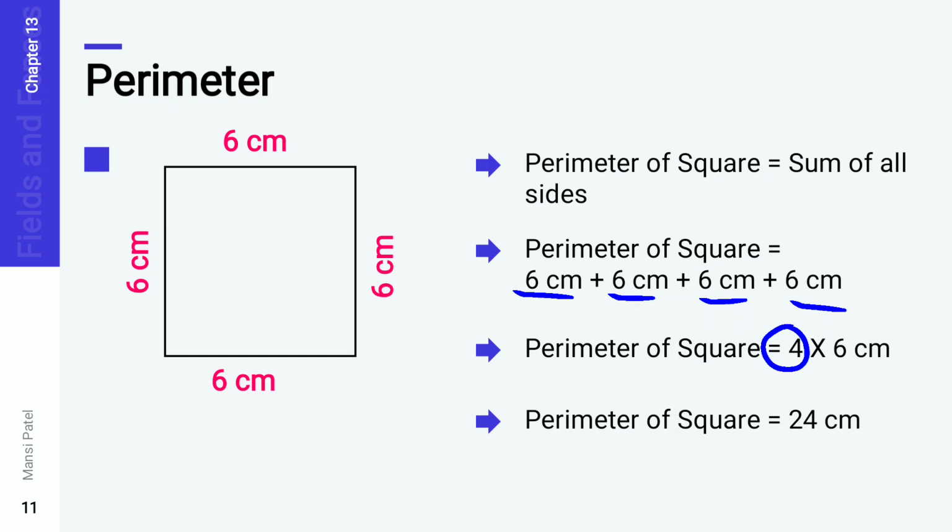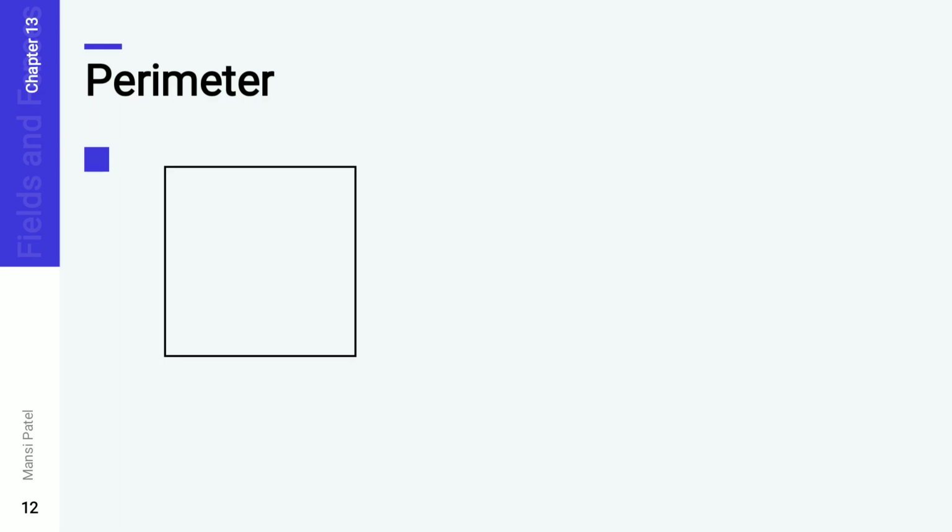Now, this 6 plus 6 plus 6 plus 6 is one type of repetitive addition. Therefore, we can say that the perimeter of square is equal to 4 multiplied by side. Now, let us discuss how we implement that formula. So see here again, this is one square. What is the measurement of it? The same one, that is 6 centimeter. So here we solve this sum by using the formula.